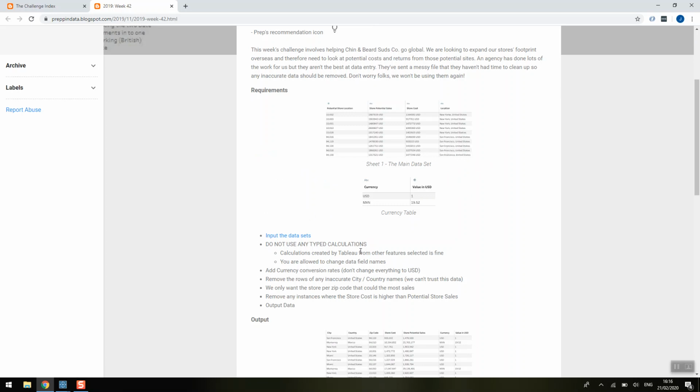If we have a quick look at the requirements, then there's the no typed calculation requirement. And then here's the requirement that we need to join these two tables together. This one here is quite important. It's that we've got to remove any of the rows where there are spelling errors, rather than using Tableau Prep's